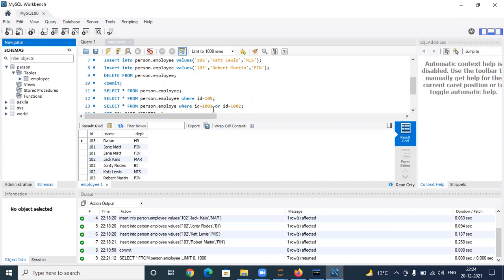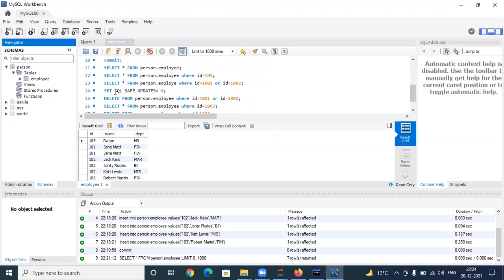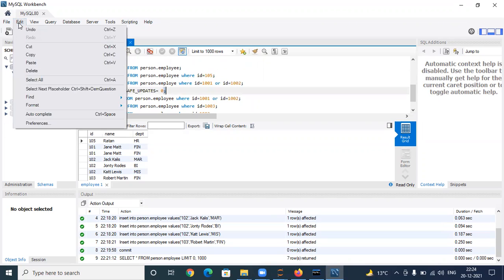You just have to set SQL_SAFE_UPDATES equal to 0 and run it, then you have to delete and commit. Okay, understood? Yes, ma'am. Because I have shown you now, you can either go to Edit,